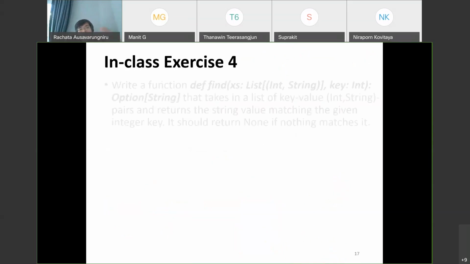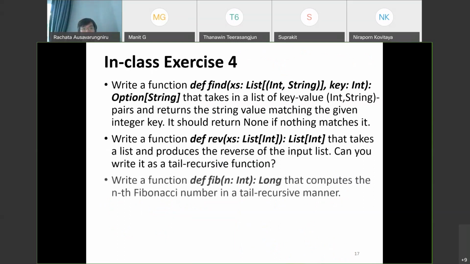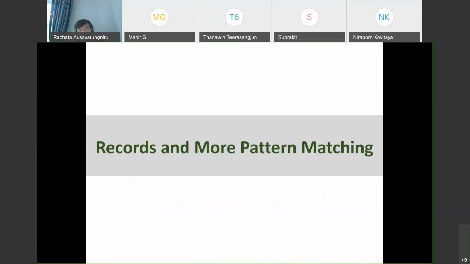All right, reminder, we have in-class exercise 4, which we will go back to after we're done with the lecture portion of this class. Use tail recursion to do these things. Now let's move on to